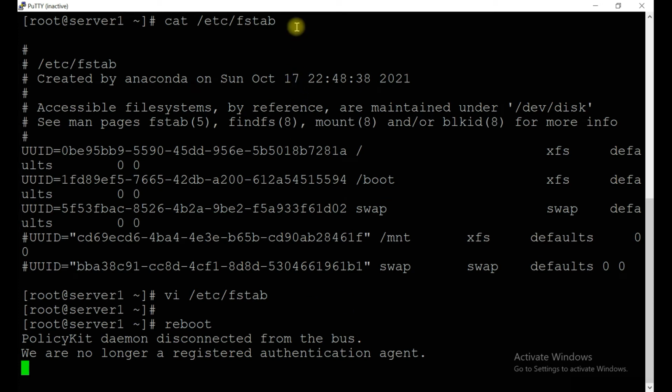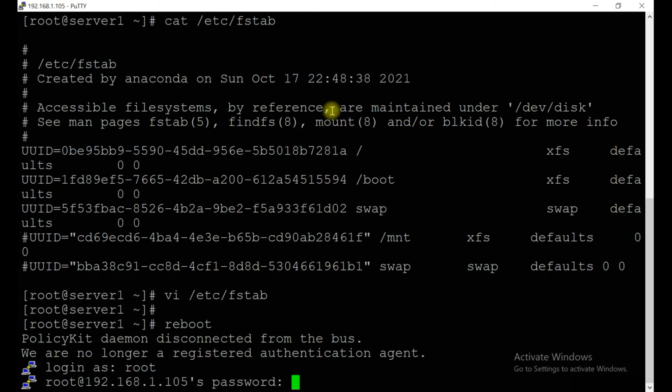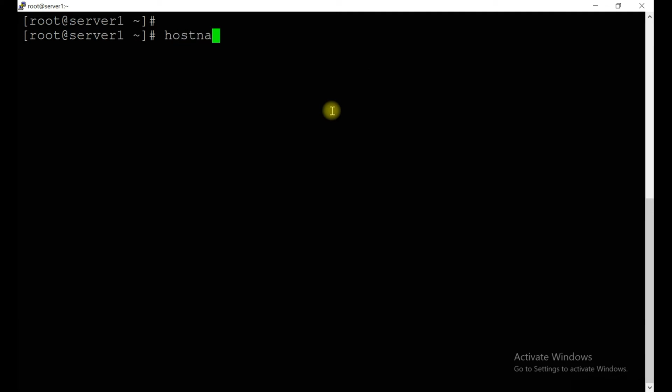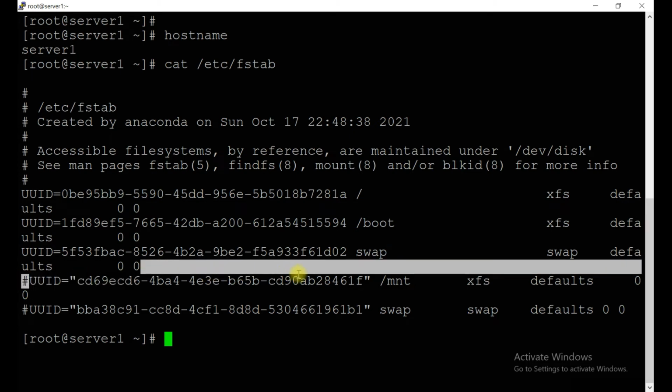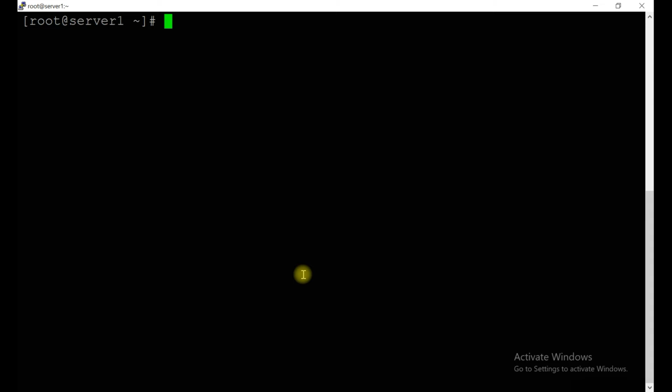So just try to log in to the system as root. Clear, hostname, and cat /etc/fstab. This line we did comment out.